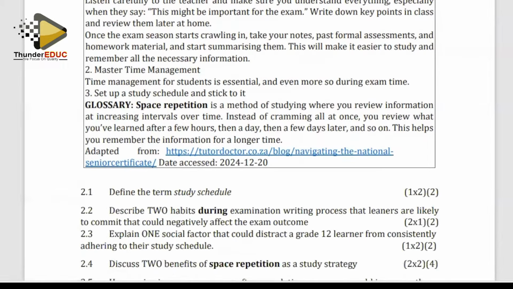So that is the extract which you are supposed to go through. Question 2.1: define the term study schedule. All right. So study schedule, it refers to a